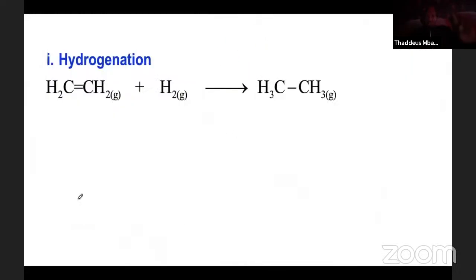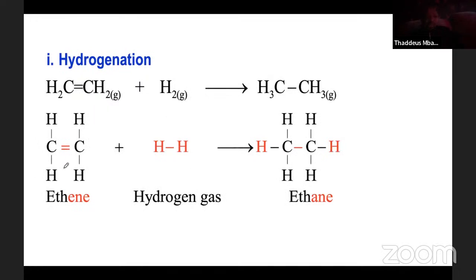So let's see. So hapa tuko na hydrogenation, the first one. Tunataka kureact na hydrogen. So what will happen? We have ethene here. Ikiwa na double bond yake. So what happens now? Hii hydrogen iko na moja, iko na moja. So what happens? This double bond break. Iki break, vile nimekuambia kama kesi ya mkono, this will change now from a double bond to a single bond. And then we'll have a free end here and a free end here. So hapa itakuja sasa ni kama mkono tu. Venye nikuambia mkono ni mbili imeshikana hivi. So hiyo free hand moja itaenda ya hii.